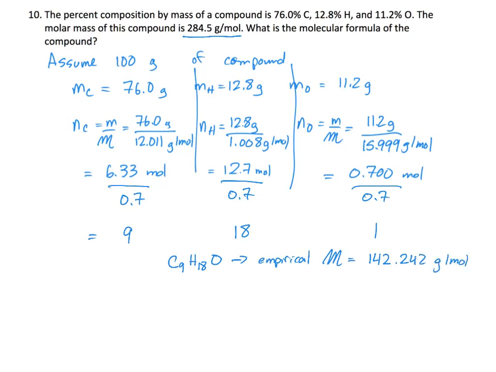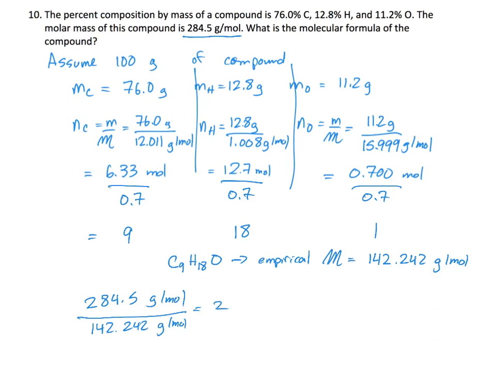We know our actual molecular weight is 284.5 grams per mole. So we divide that by the empirical formula weight, which is 142.242,